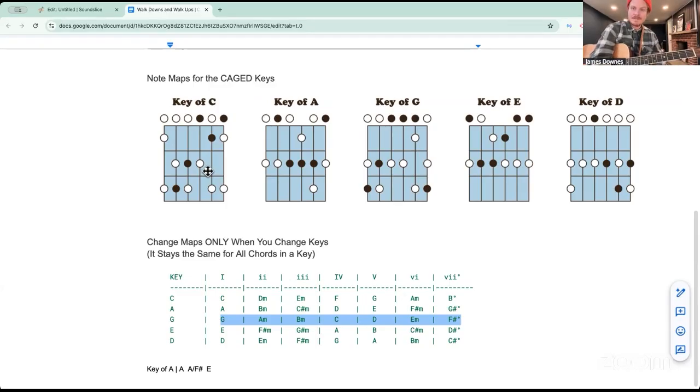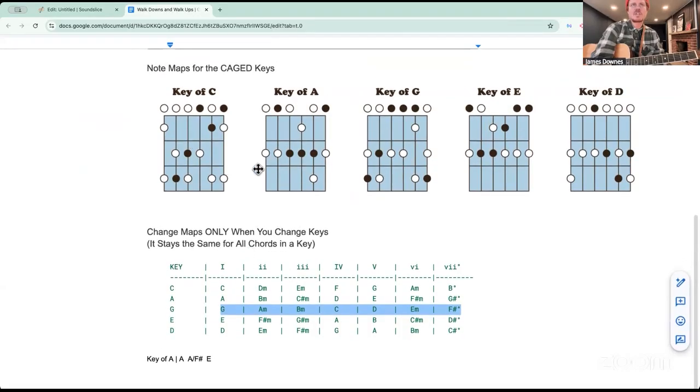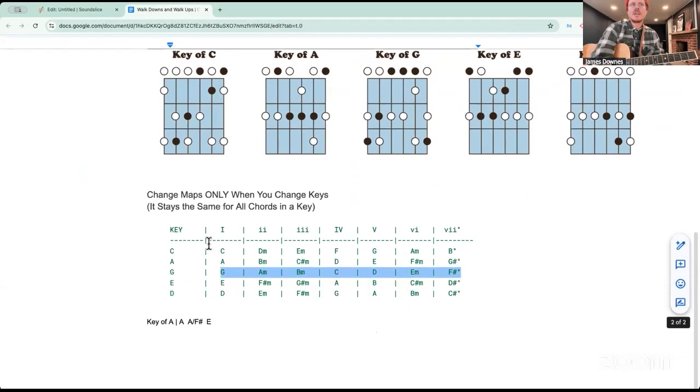But if you're like 99% of us who don't care to memorize all that information, you can use a chart and it'll show you exactly which notes you have available to you. And if you ever have any questions about, well, which key am I in? Which chart do I use? You can use